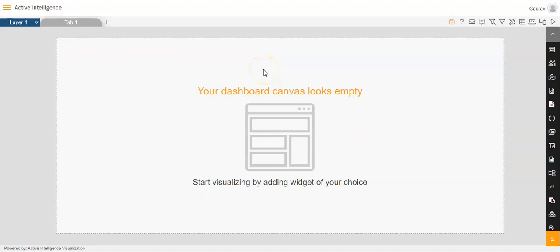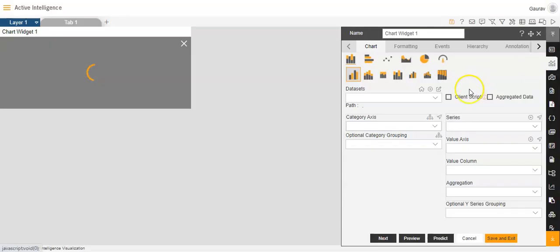In today's video, I will be giving the demo of how we can make changes in the alignment of the category labels in the category axis in the dashboard in AIB. So let's get started. For making changes to the alignment of the category labels, we will first of all click on the chart component in the widget panel.